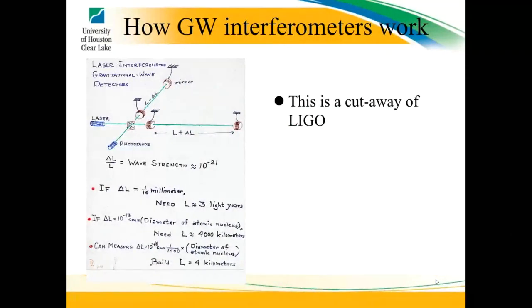So this is a cutaway of LIGO to show you how this thing actually works. The basic thing a gravitational wave does is it creates a strain. And a strain is basically a change in length over a total length. So it's a fractional change. What happens with the LIGO is it shines a laser at this beam splitter, and it splits the beam between these 2 different arms. So one goes up this way, the other one goes off 90 degrees.